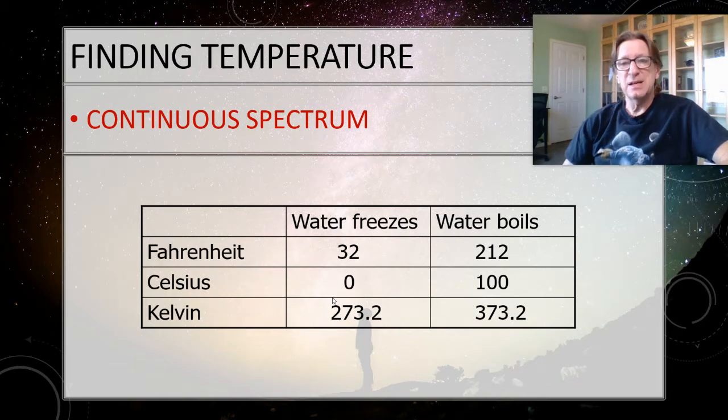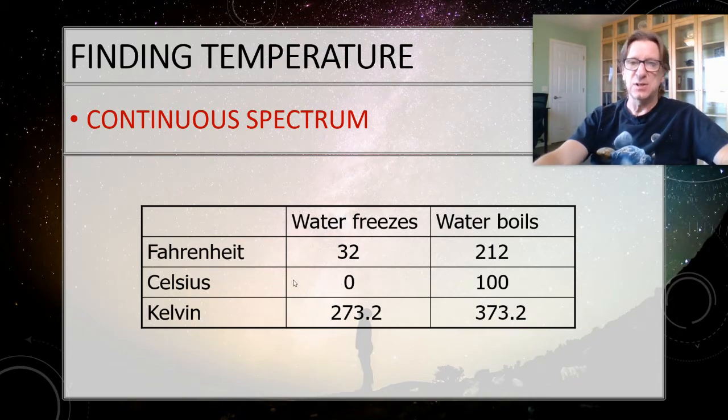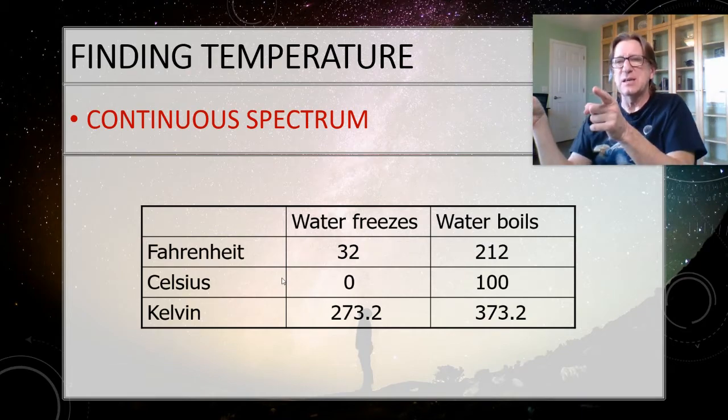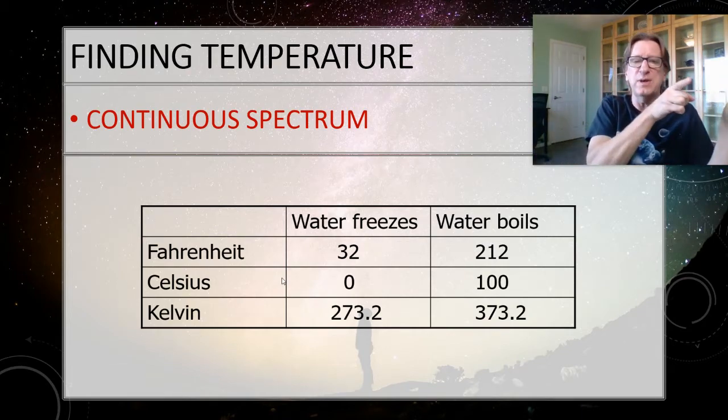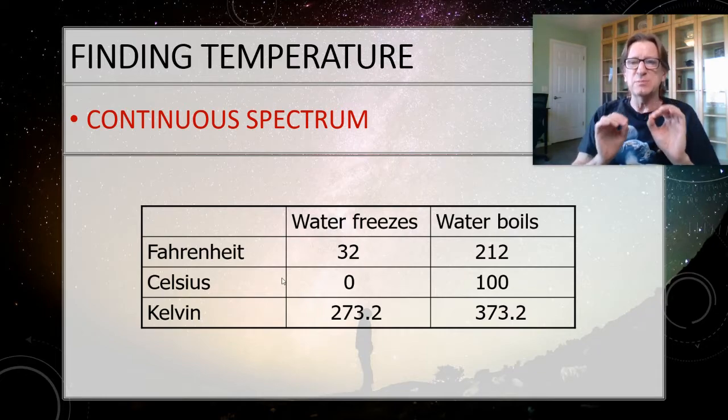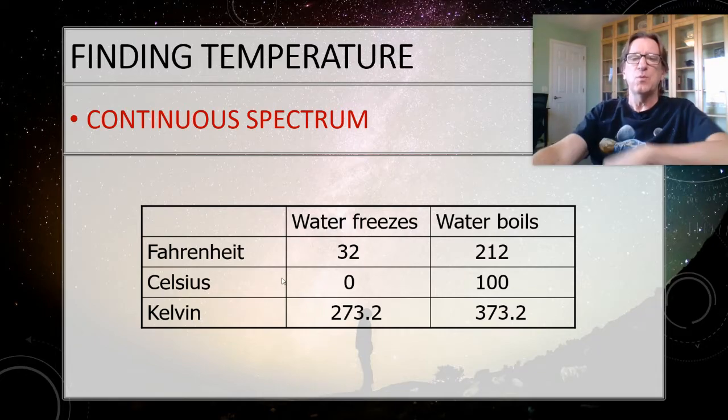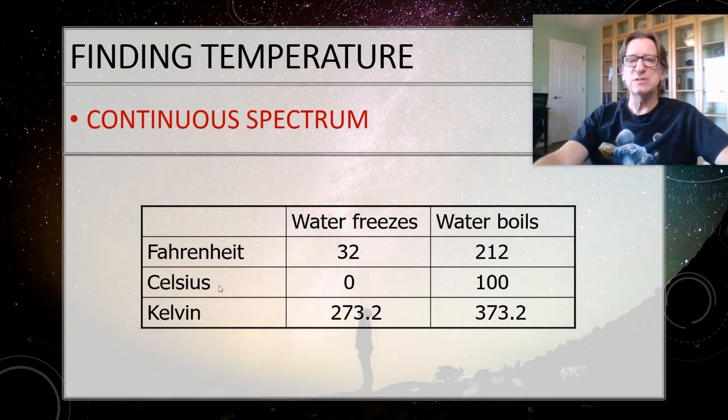Now, in science though, we are lazy. We don't want to have to use negative numbers. I mean, seriously, do you like negative numbers? Probably not. So right now, anything that's colder than 0 degrees Celsius is going to be a negative number. Well, we don't want negative numbers. So why don't we take that same scale and slide it all the way down to absolute 0? Absolute 0 is the coldest possible temperature, and we'll make that our 0. Well, absolute 0 in Celsius is negative 273.2 degrees.